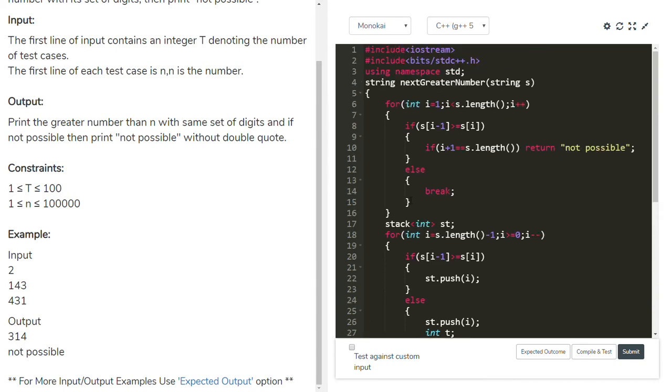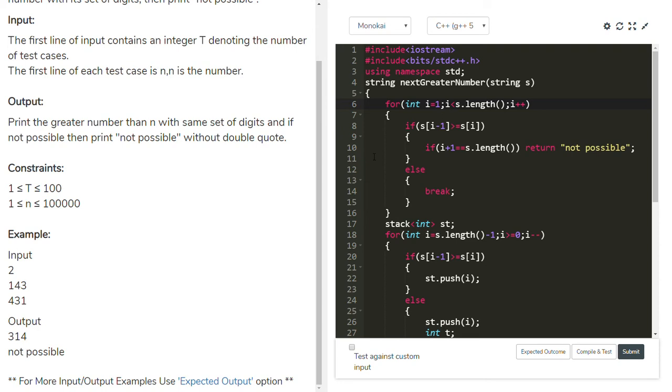Then this is the function, string next greater number. We return a string, that's why I am using string next greater number with string s. First we need to check whether it is possible or not.